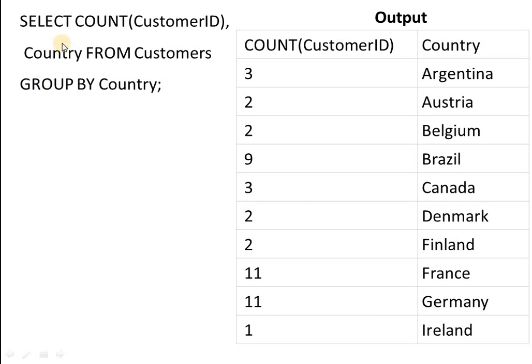One more query. Select count customer ID, country from customers, group by country. So here customer ID 329 and